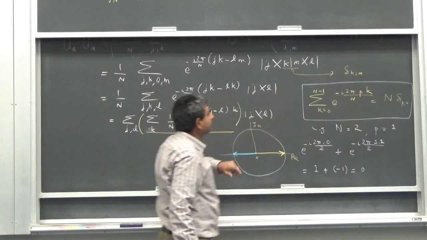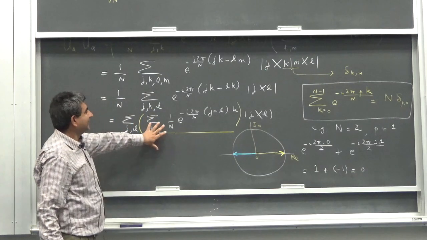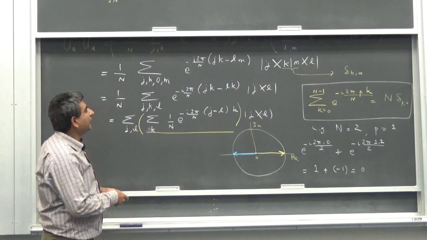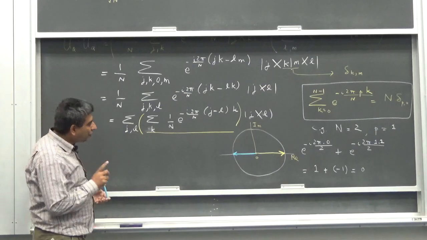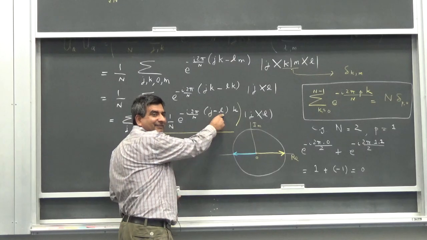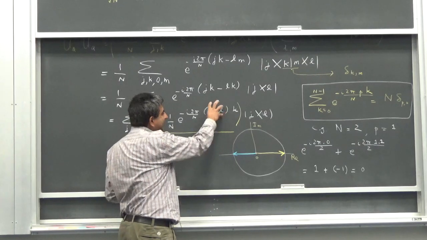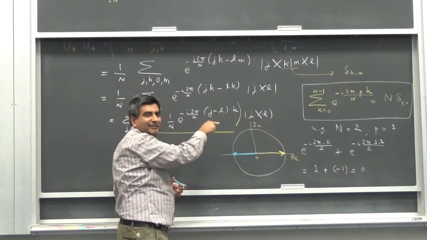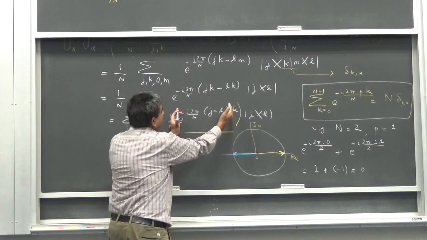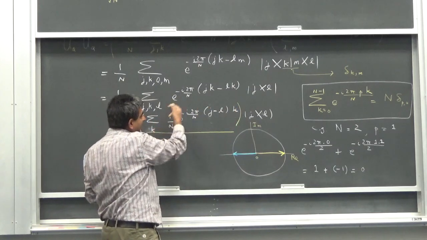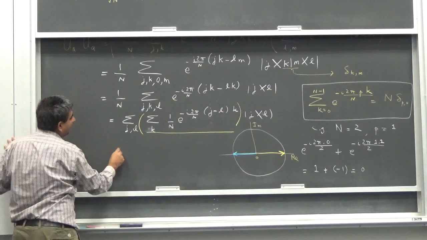Now with the help of this identity, what does this thing equal to? This thing turns out to be non-zero only when j equals L. Which means j must equal L. And in that case, it takes up a number capital N. That N cancels off with this. So I'm left with